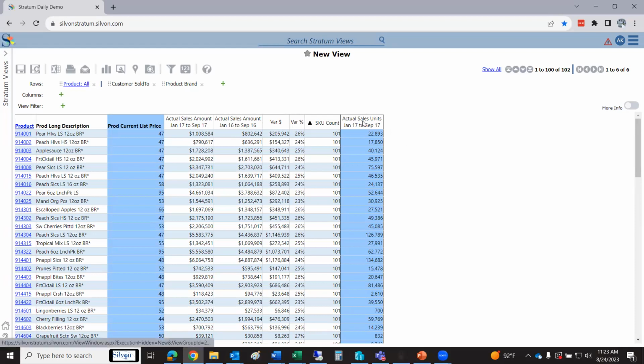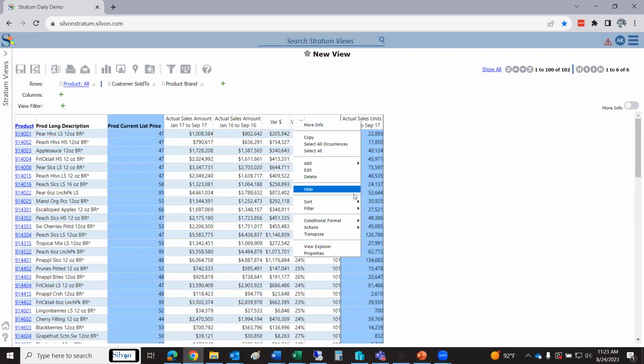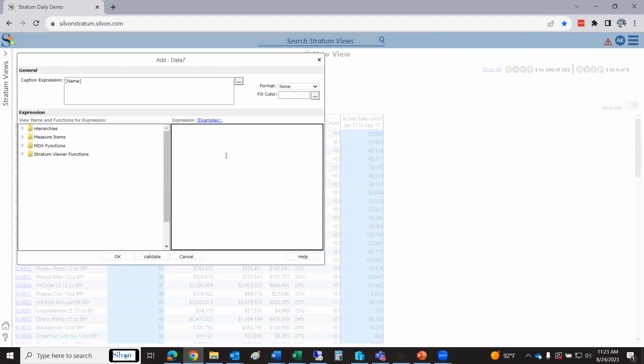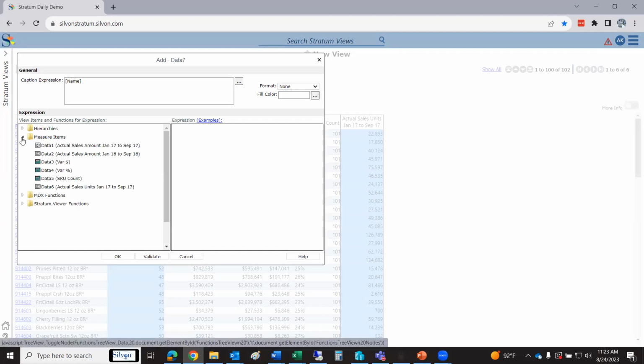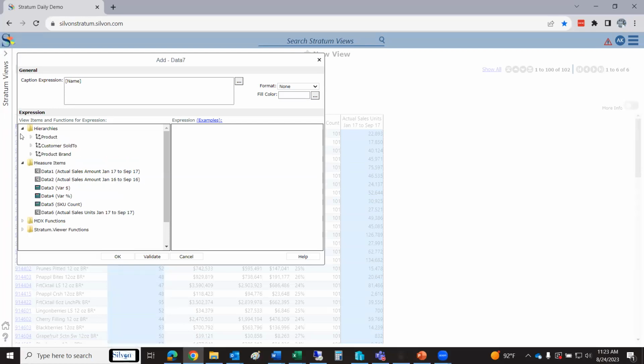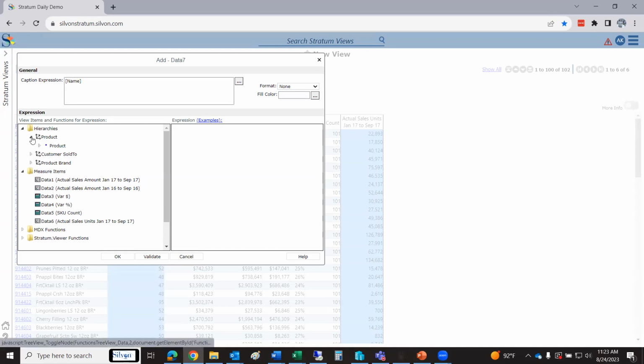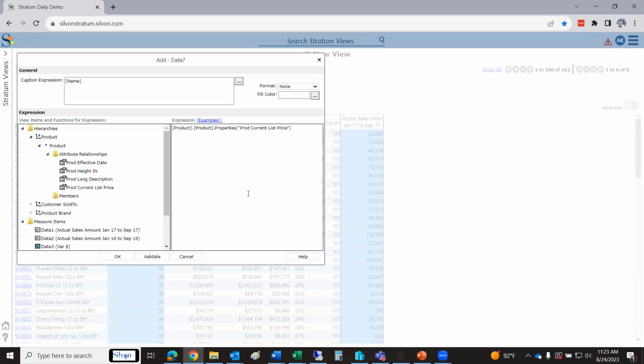So let's add in the calc. I'm going to add in a calculated measure item. Once again, we see our wonderful expression window there for the calculation. And now I'm just simply going to do some math. So first of all, I need to go into hierarchies because that's where my attribute is, right? So if I go into product and expand product to the attributes here, then I can see the current list price